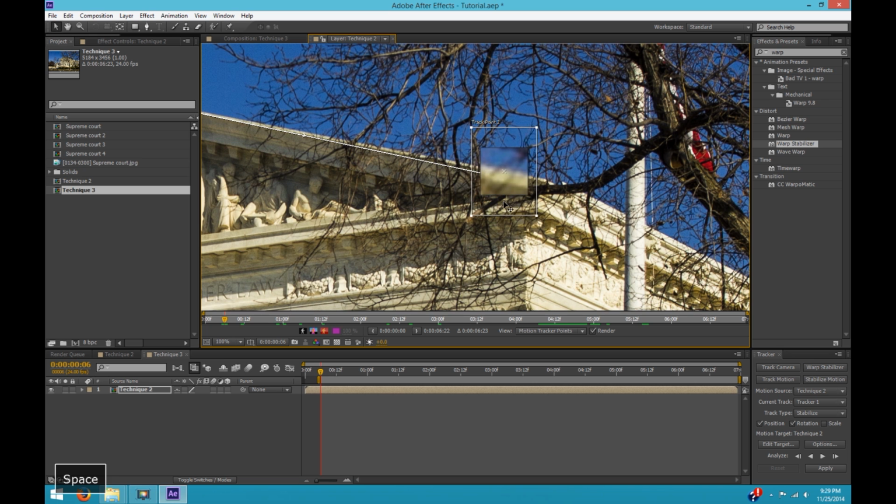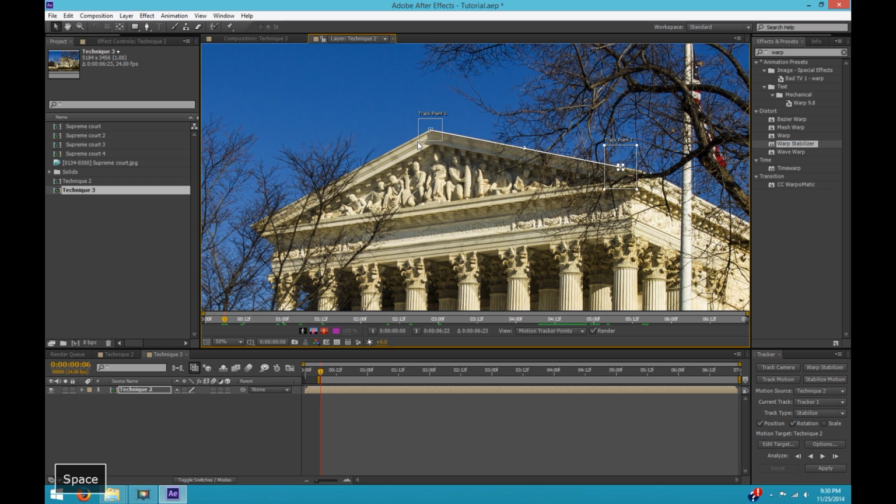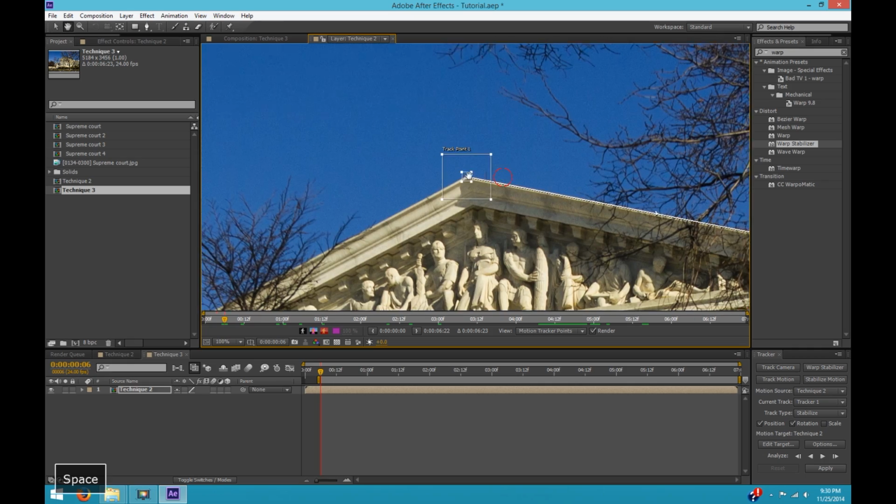I'm going to choose 2 points on the edge of this roof, which is obviously not a vertical line, and it's not a horizontal line that's anywhere near the height of the camera. So this thing's going to get crooked in short order.